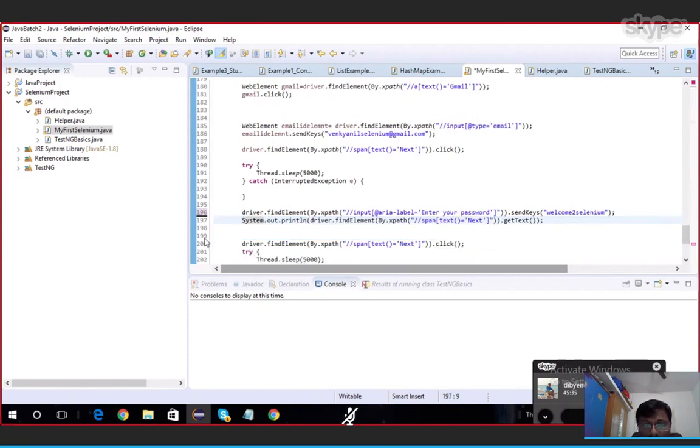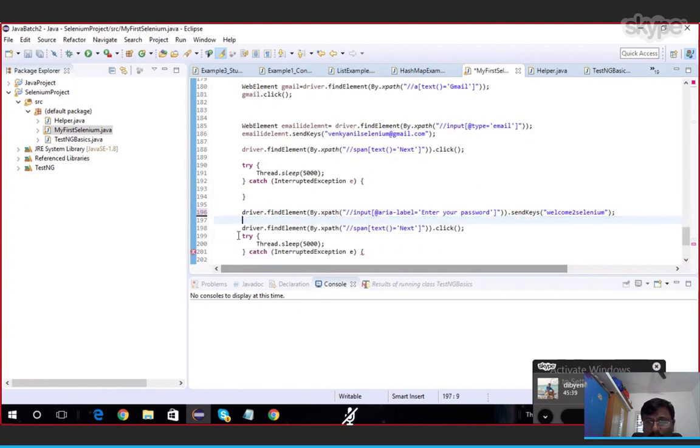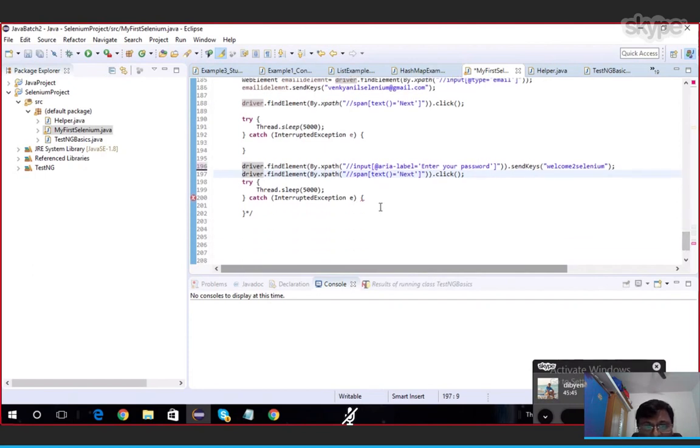So get text also I am removing it from here, and then after click on that I am waiting for some time so that it will load the page. Okay.